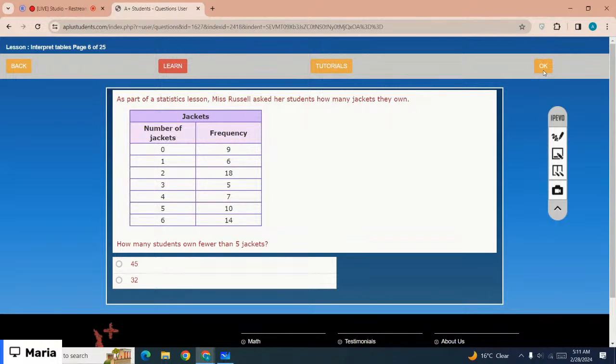The next one is, as part of a statistics lesson, Miss Russell asked her students how many jackets they own. How many students own fewer than 5 jackets? So, which is the correct option? You need to add all the frequencies that have number of jackets fewer than 5, right? So, which is the correct option? The correct option is